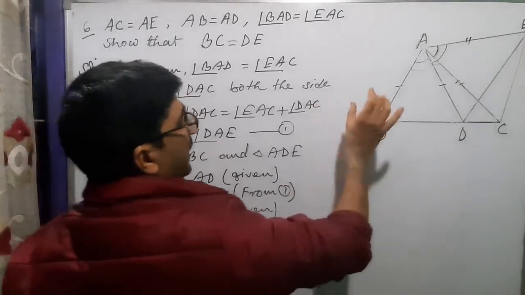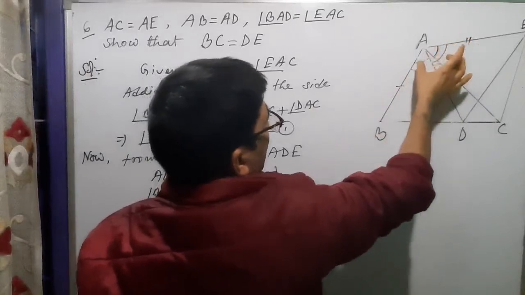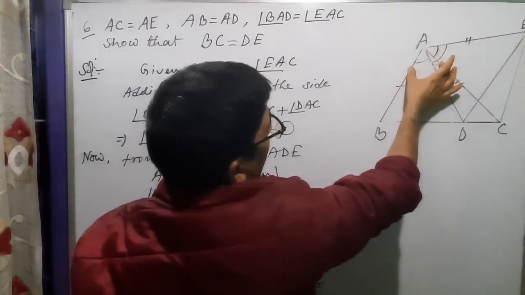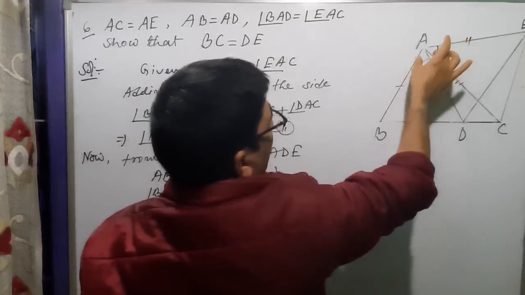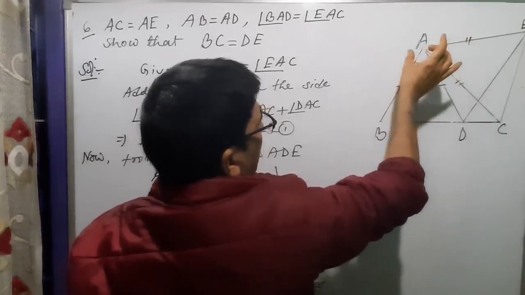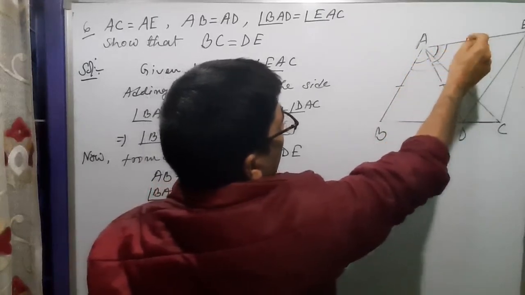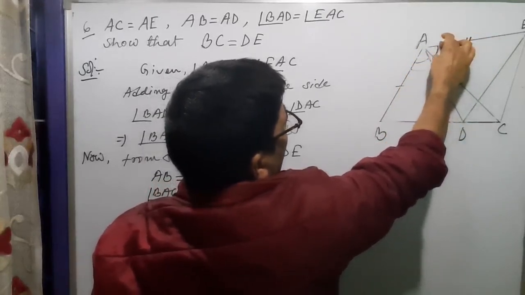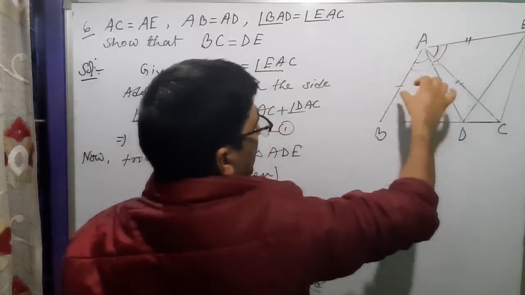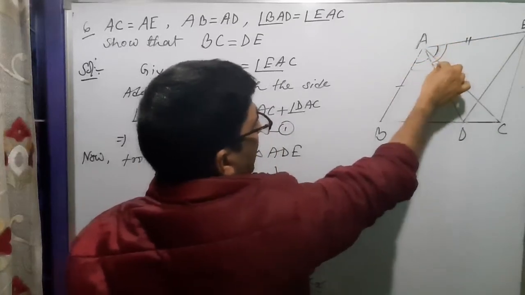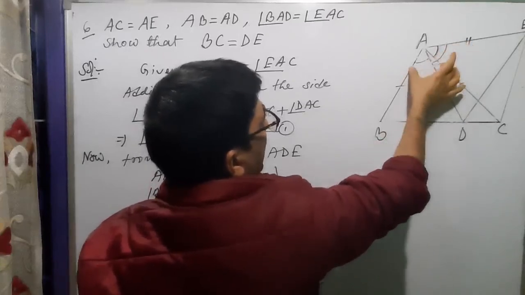We have to make this angle equal to this angle, because this is the angle of our triangle ABC and this is the angle of our triangle ADE. But only given is BAD equal to angle CAE, which are not our required angles for these two triangles. So we have added the middle angle so that we will get the whole angle in both cases. Okay.